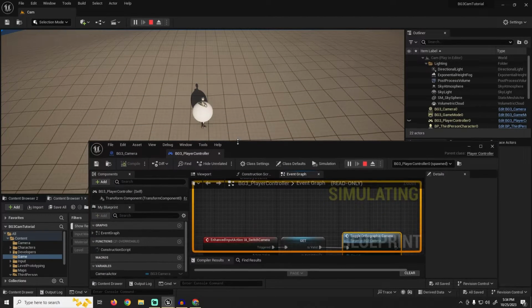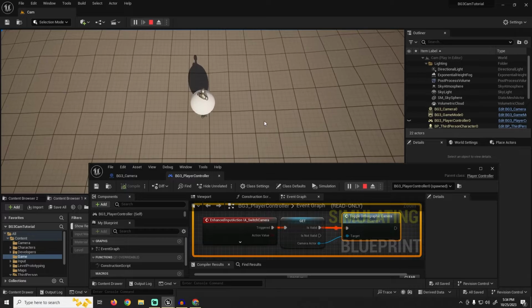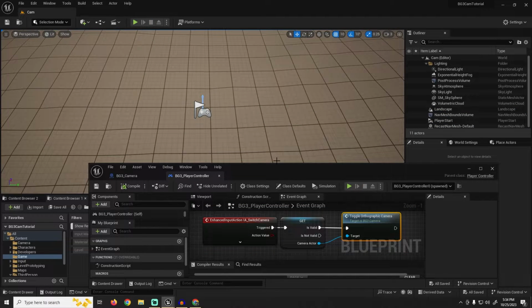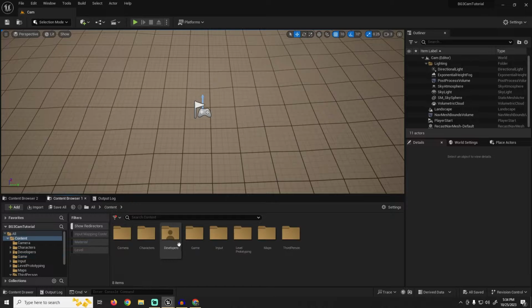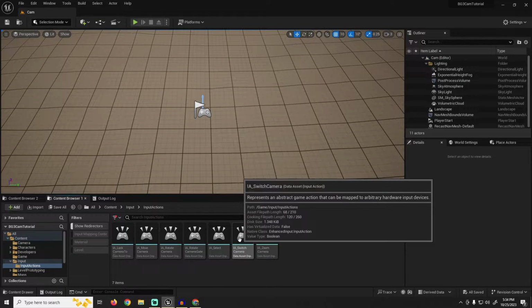And can I move this down to the side a little bit? If I hit O, you'll notice it's triggering, but if I hold down O, you'll notice that it just sort of keeps triggering. So it's triggering every frame. Obviously not ideal. We want this to trigger once when it's pressed. So how do we change that? We need to edit the input action for the switch camera. If we load up IA switch camera,